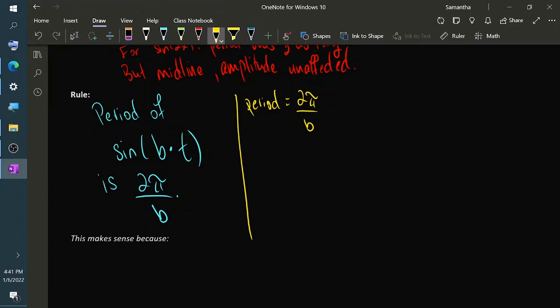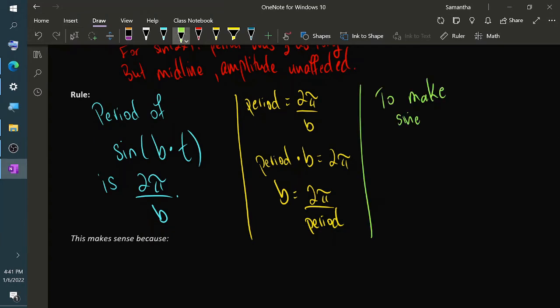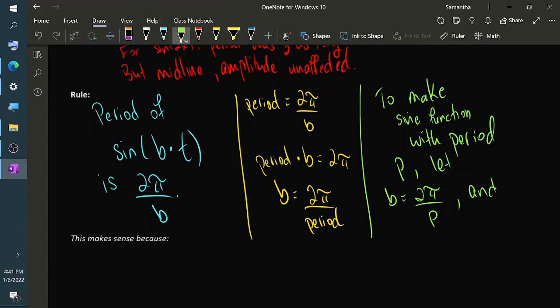So now if I clear these two fractions, period multiplied by b is equal to 2 pi, and isolate b by dividing out the period, what this is telling me is that if I want to construct a sine function with a specific period, let's call it P for short,